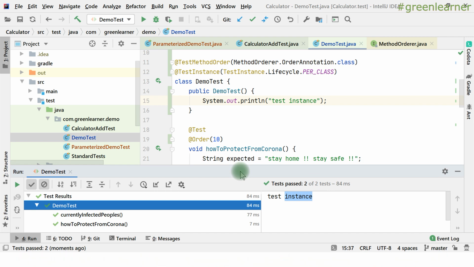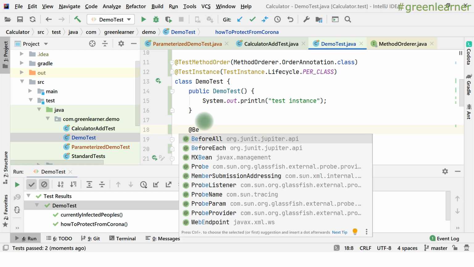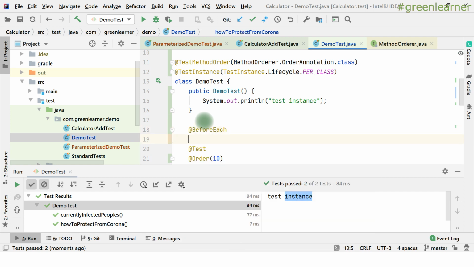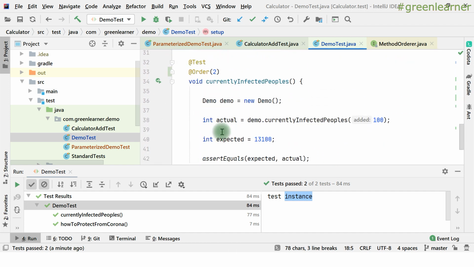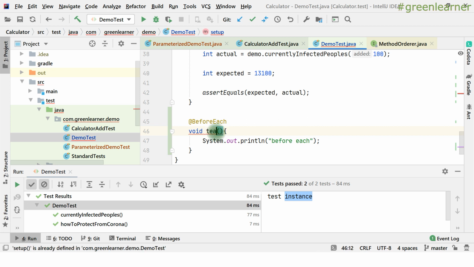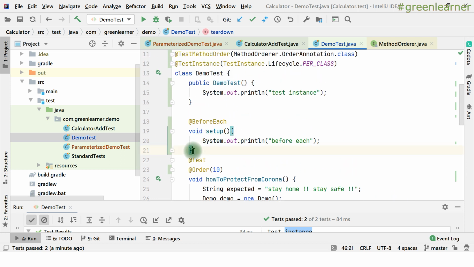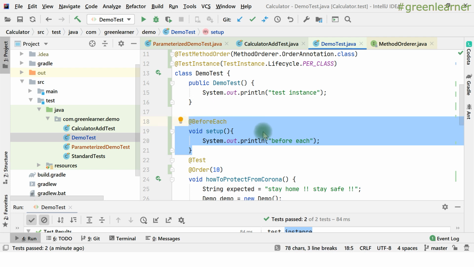And here the lifecycle methods also come into the picture, right? We have lifecycle methods: BeforeEach, and similarly we have tear down and AfterEach, right? By default, if you have per method test instance creation, there is not much need for BeforeEach.